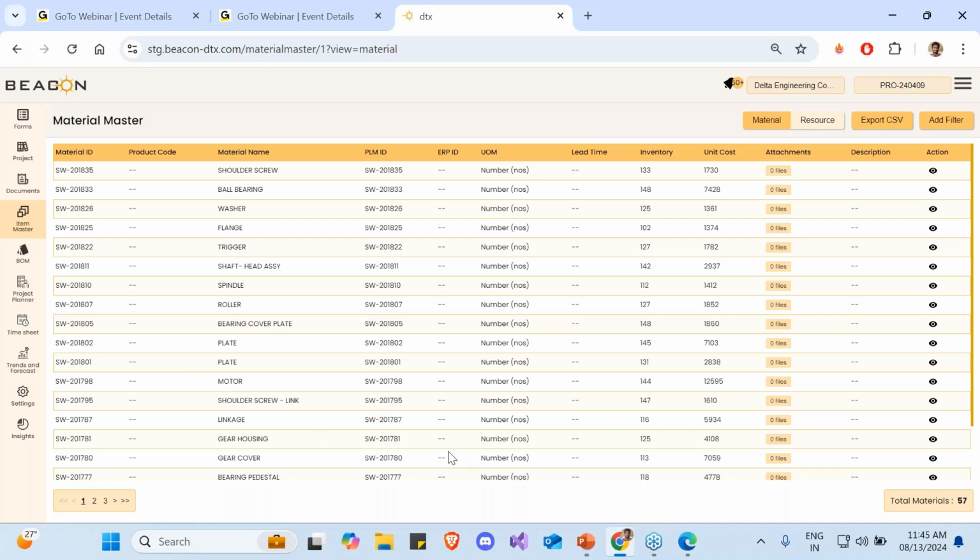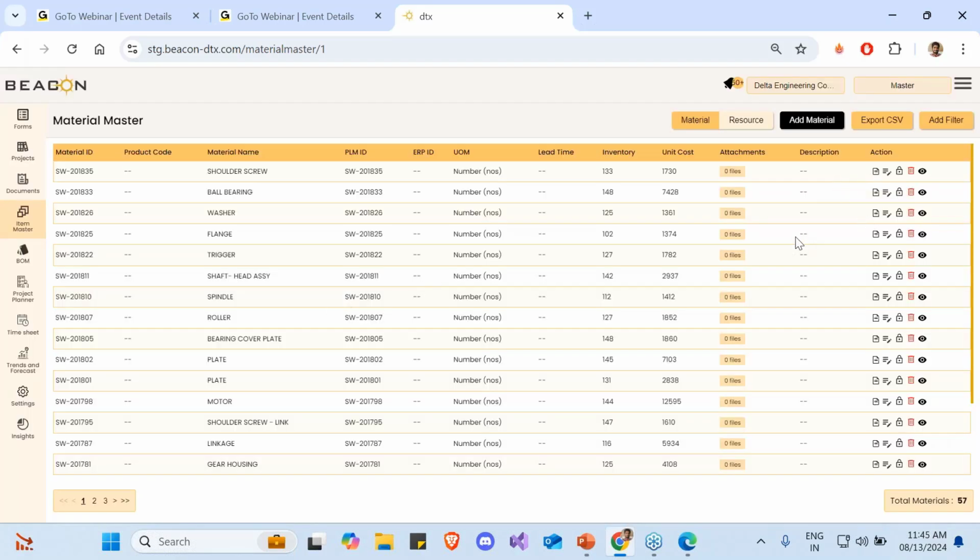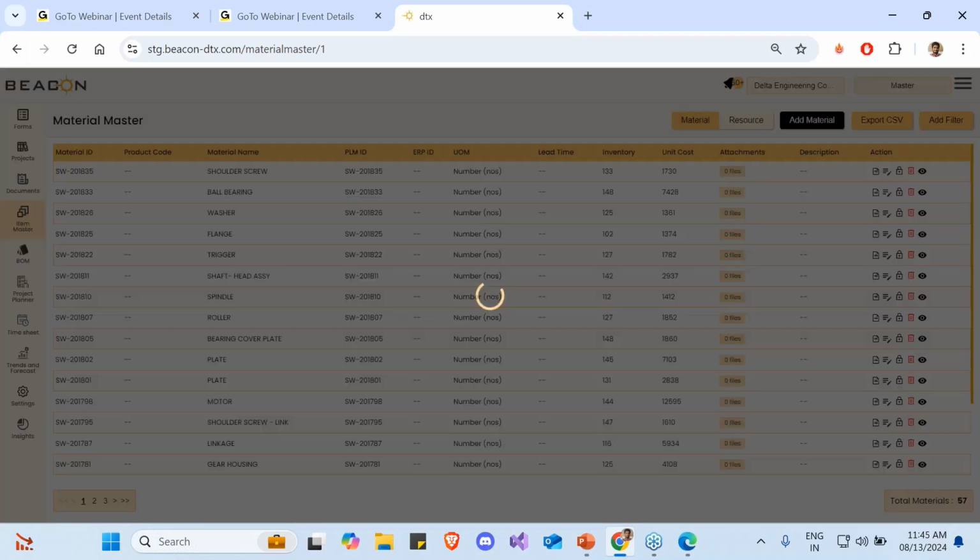This way, here I can see all my materials, and there are various properties with regards to each of these materials. Let me go to the master, because at project level I cannot do any of the actions. In master we can do a lot more actions. Here we can control the life cycle of this material, whether it is an obsolete material or an active material. Currently these all are active. If I want to mark any particular material as obsolete, I just click on this. This will mark that particular item as obsolete.